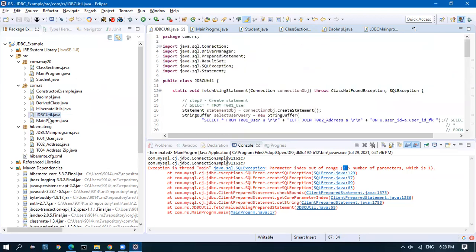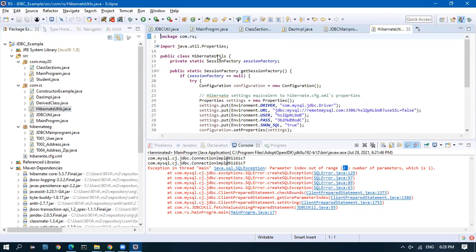So this is about connecting to a database from a plain Java program, a main program. Now let's see how we do the same with Hibernate. I said that in the Spring framework, we have the controller, service, DAO, and there is an overlapping layer between the DAO and the database. That overlapping layer is called the Hibernate util. It can be of any name, but usually we follow a standard name. Hibernate util is commonly followed across many organizations, but it can be anything.